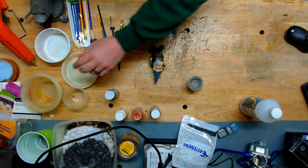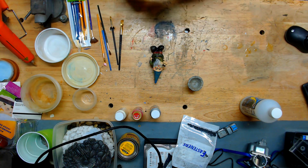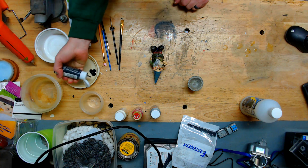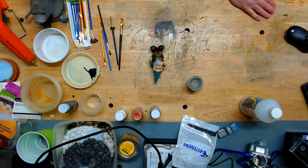So what I want to start with is, well, some black paint. I'll shake it up here. Some of this stuff's kind of old. Like I said, I'm just using kind of what I got here. Blob a little bit of that out. Yeah, it's not the greatest. I might want to thin that down, actually. Let me get again, a little,